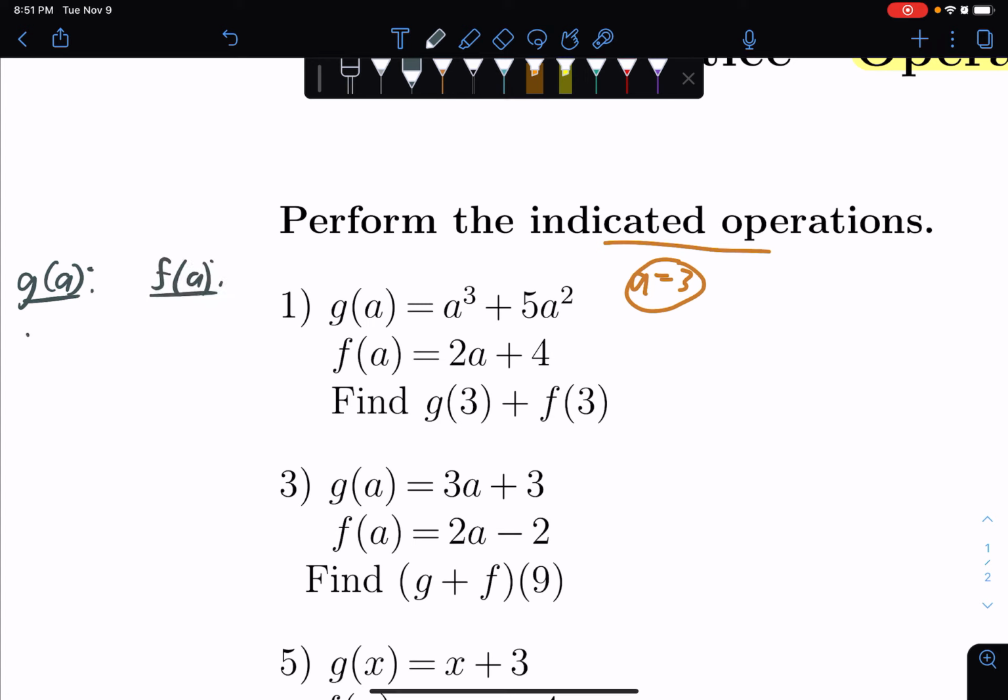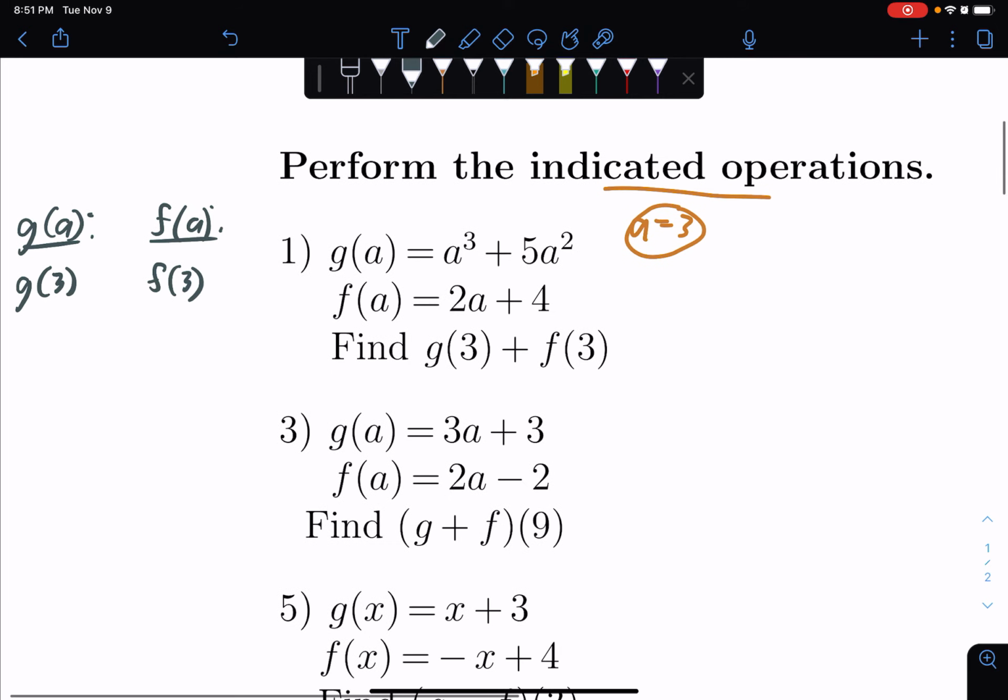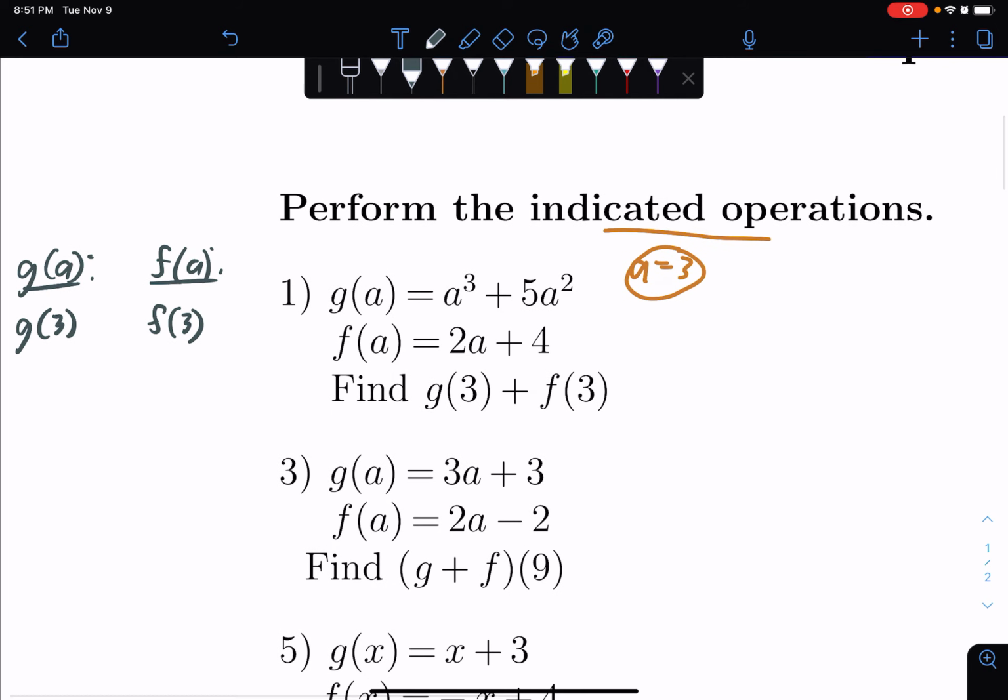For g sub a, we'll be replacing a with 3, so we'll be finding g sub 3, and the other will be finding f sub 3. Let's make our pen thinner so that our solutions will fit. So g of,